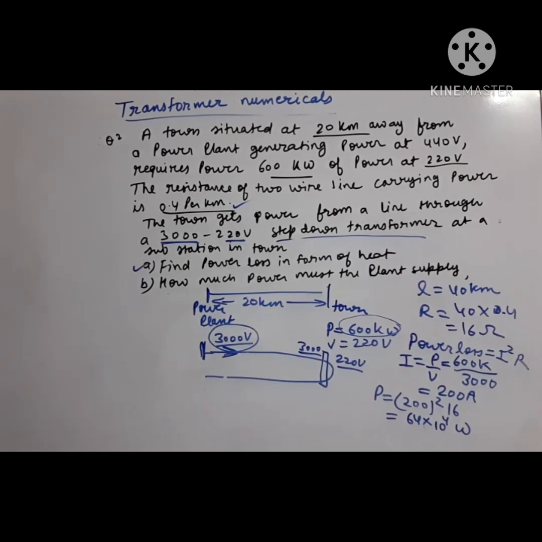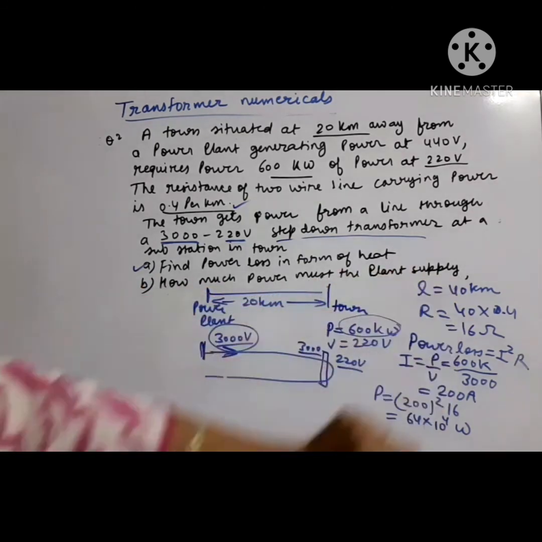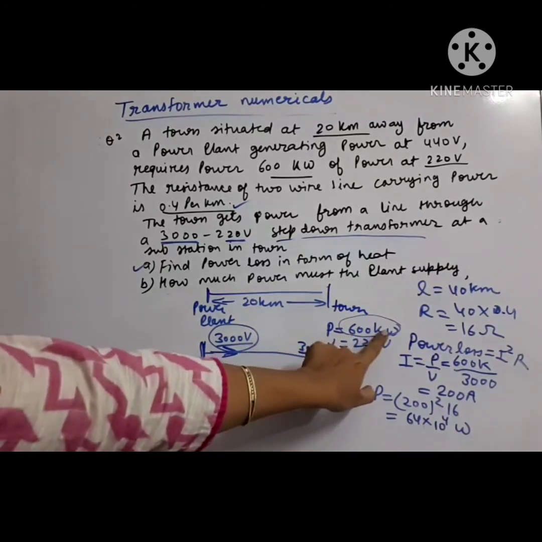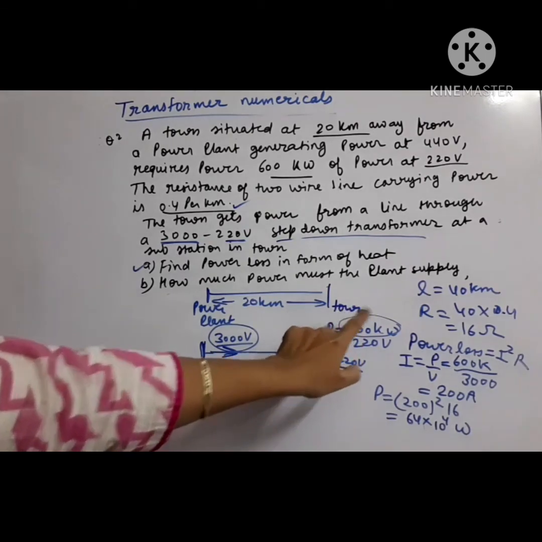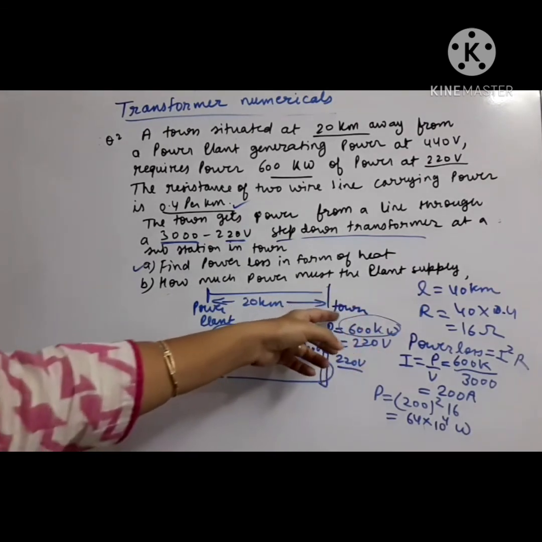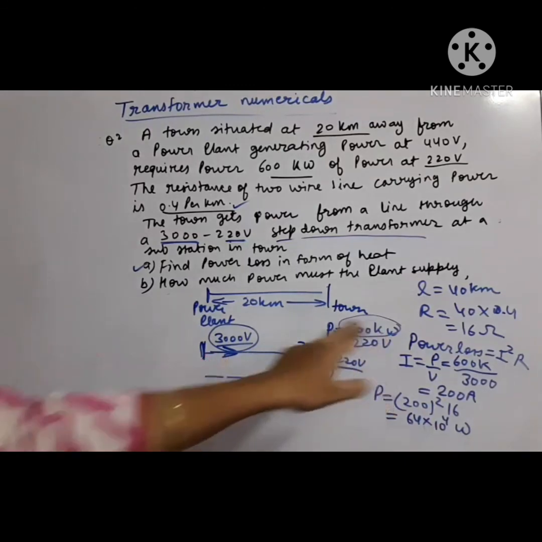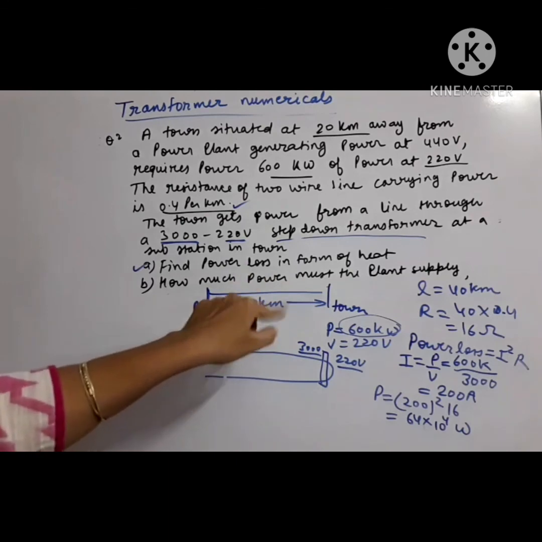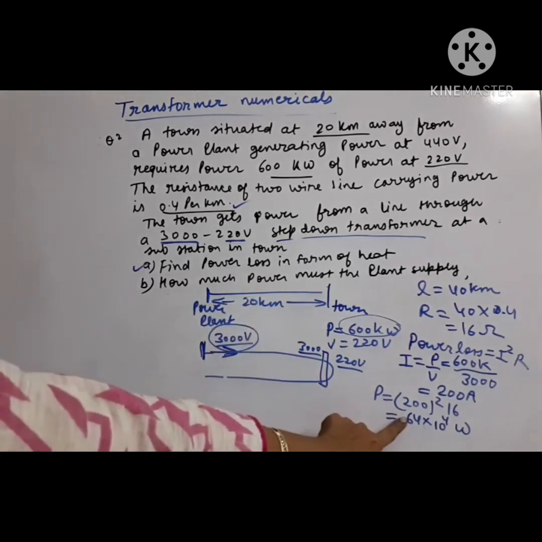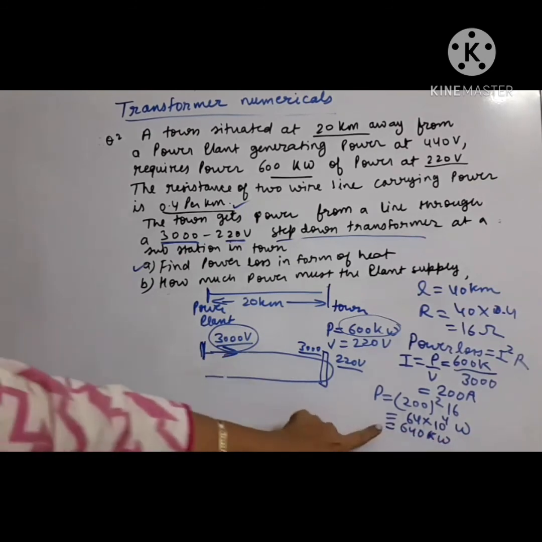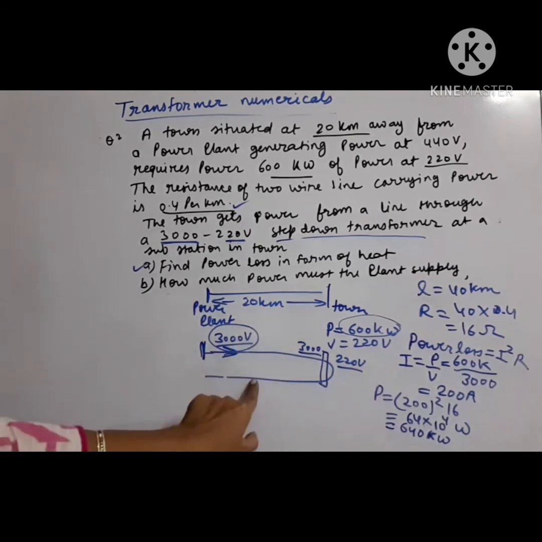Okay. Now the next question is, how much power must the plant supply? So you see, what is the need of the town? 600 kilowatt. This power is the need of the town. The town wants to work, meaning all of this town's domestic and other supply need is 600 kilowatt. And in between, in the transfer, this much power loss will also take place. This we can write in kilo, 640 kilowatt. So this power which will be lost during the transmission, and the town's requirement, this total power should be supplied by the power plant.